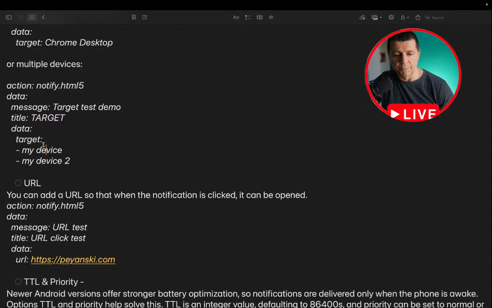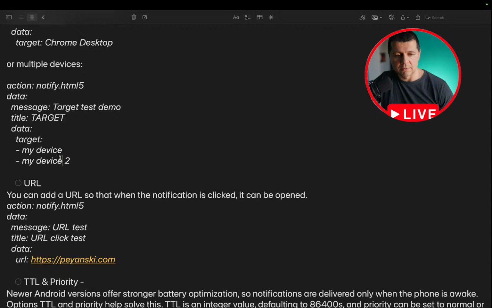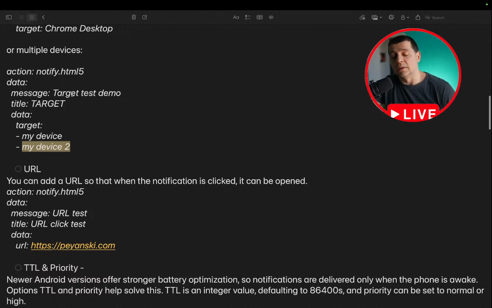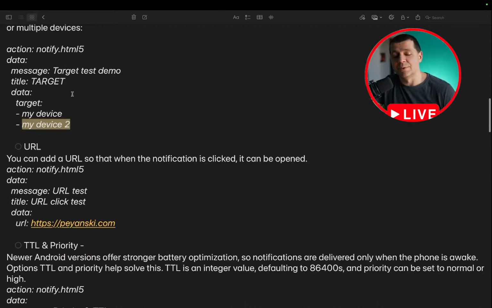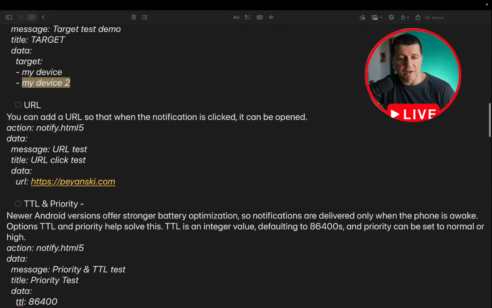You have to list your devices here with dashes, and instead of my device you have to type the real device name that you want to receive this target, this demo, this HTML5 notification. So this was the target feature of HTML5 notifications, and the next one is URL,